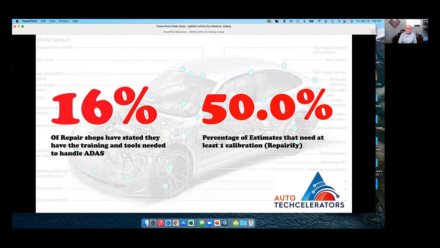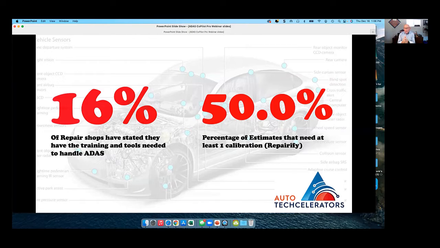And then in a recent webinar, Repairify said to the industry that they have found that 50%, 1 out of 2 estimates that they've reviewed, need at least one calibration. Now, I can tell you in visiting calibration facilities that are doing calibrations correctly, the average number of calibrations they are doing is about 1.7 per vehicle.